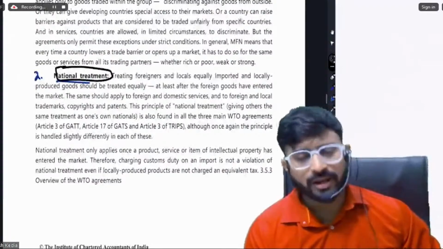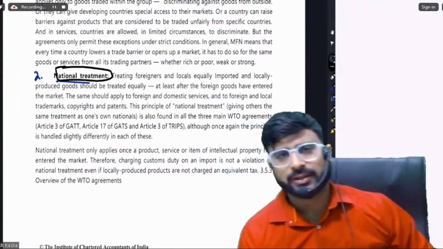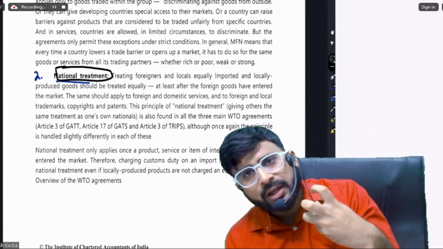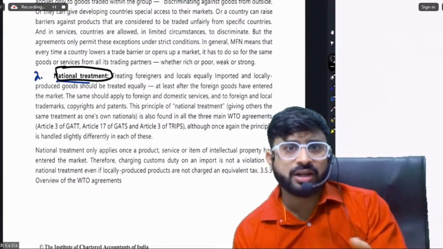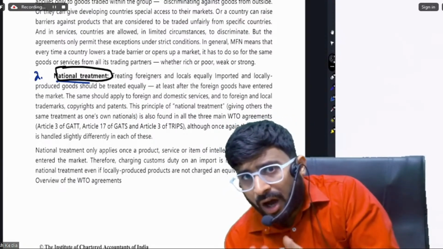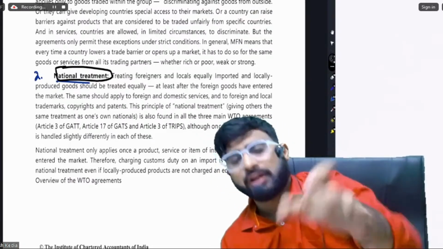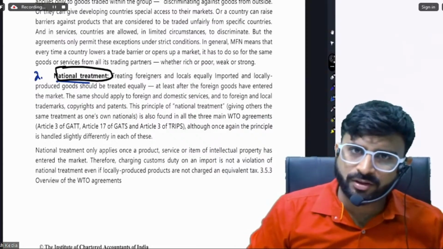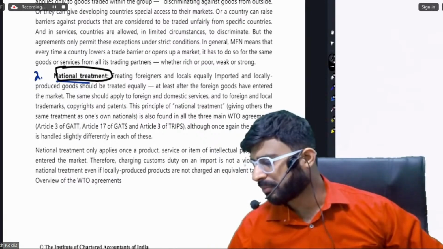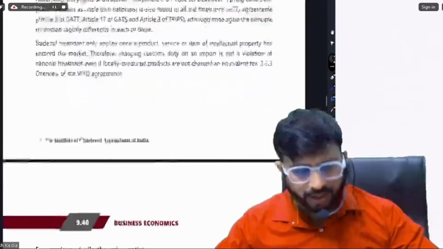Sir, can you give an example of national treatment? Yes. मान लीजिए आपके घर में कोई रिलेटिव आता है, तो अगर आप उसे बाहर वाले की तरह ट्रीट करेंगे, तो उसको भी अच्छा नहीं लगेगा. अगर वो रिलेटिव घर का ही है तो उसको घर जैसा ही ट्रीटमेंट चाहिए, हाँ या ना? This is what the WTO is wanting. Treat it as if it is a national good. Don't discriminate. Understood? National treatment.